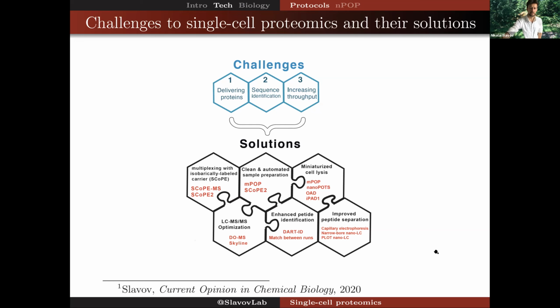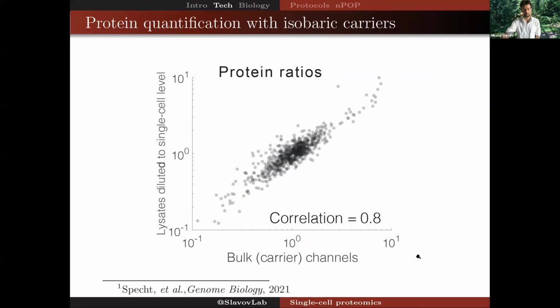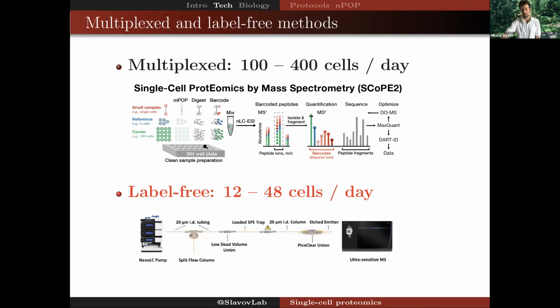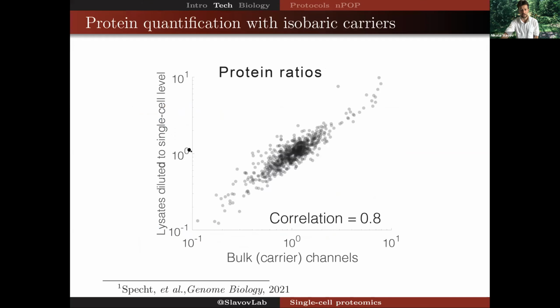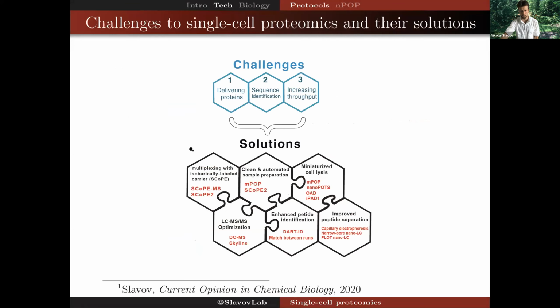So it turned out that this very simple, well-established approach of sorting the cells into a multi-well plate with a sorter has worked well for us with cell lines, but it did not work well enough for us with the primary samples from human testes as part of our CZI project. So we routinely found that sorted cells gave us very low signal, and that was a painful troubleshooting approach.